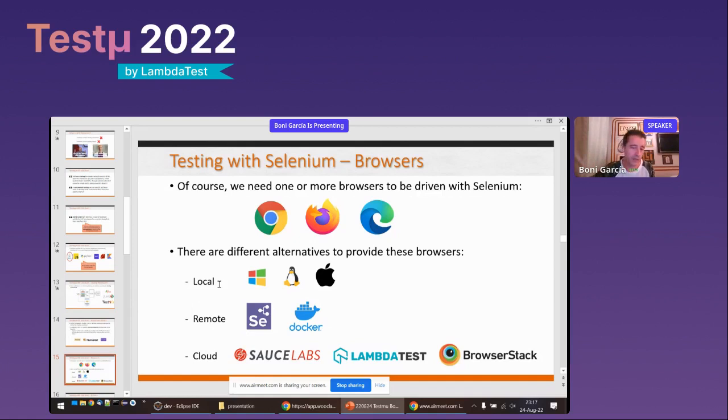Okay, the local environment is the most simple one. I'm pretty sure that everyone has a browser on their computer. So it's quite straightforward to have the browser locally installed and use it for Selenium. As soon as we progress in end-to-end testing, maybe we are going to need something more advanced, like a remote environment